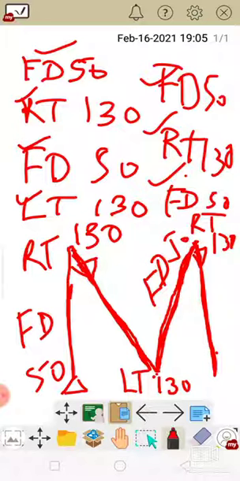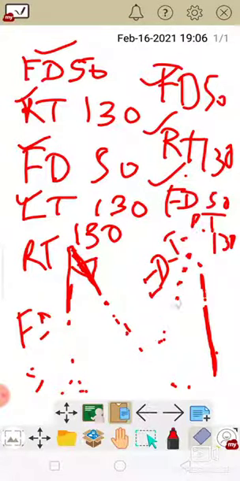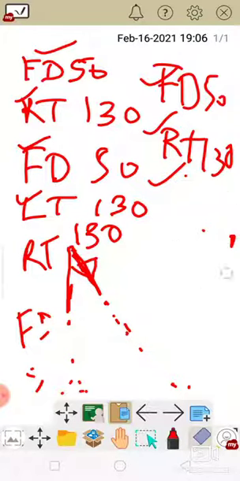1, 2, 3, 4, 5, 6, 7 commands we have written. Once again I am writing it for you. This sort of question will be there in the exam, okay, that's why I am explaining it. I did not explain earlier because I wanted to see if you are able to do it or not. Very good to all of those who have done it without any help from me.